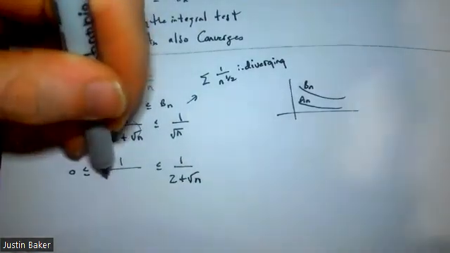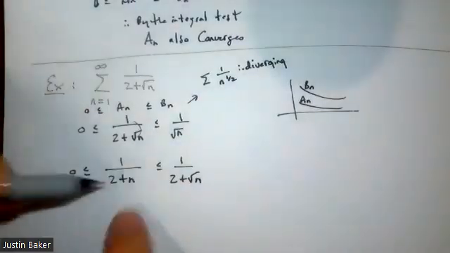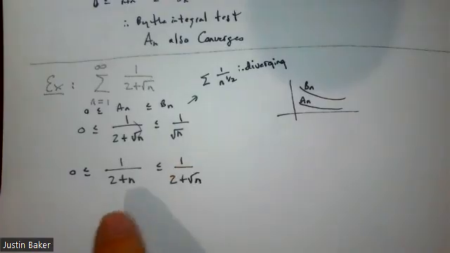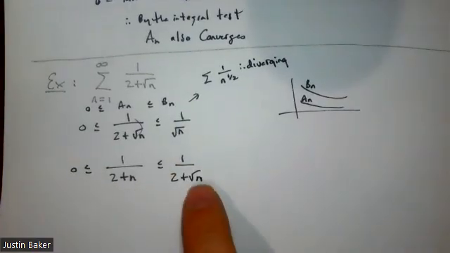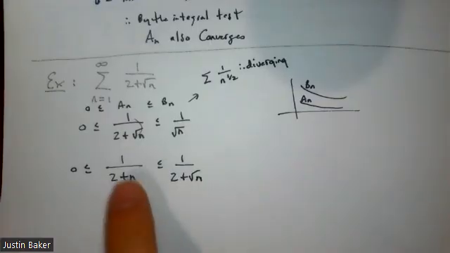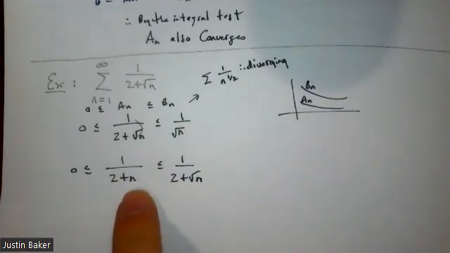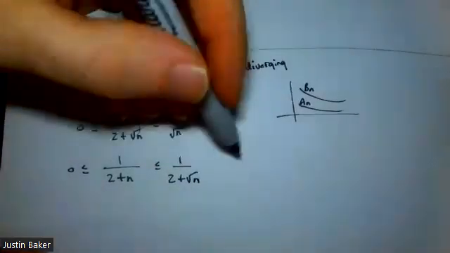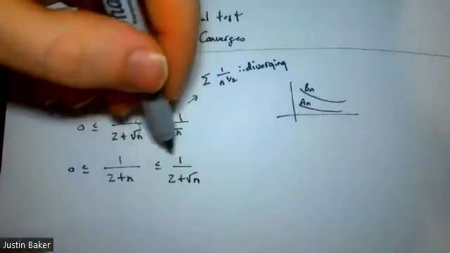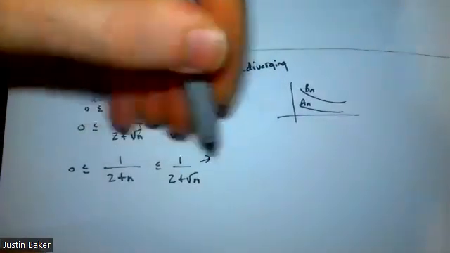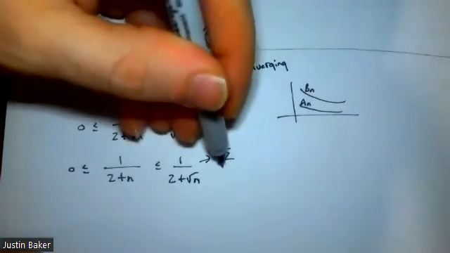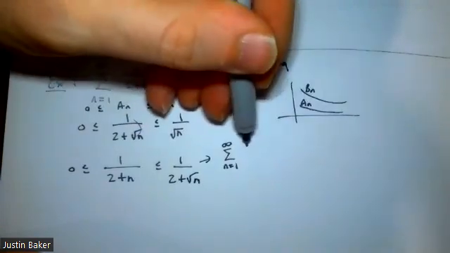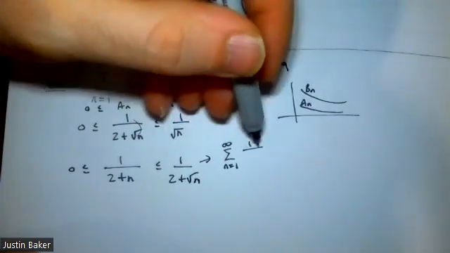Would it make sense to say that 2 plus n would be smaller than this? Because, for example, say I plug in 4. This would be 1/6. 4 over here would be 1/4. That would make this smaller, right? Okay, so if we go through and try the same game now, what do we have on the right here, my Bn? Well, let's find out. If I did the summation from n equals 1 to infinity of 1 over, and then